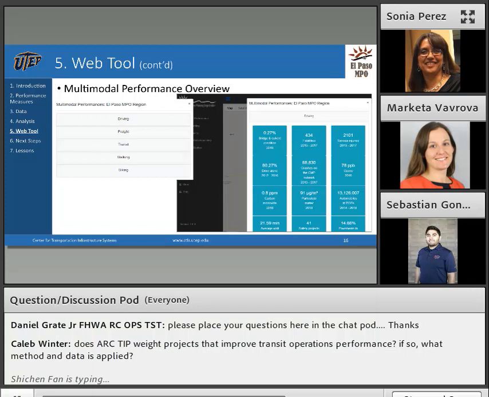Whenever you click on one of them, it will show you the corresponding performance measures as blue tiles, as you can see on the right side. And they include a time period for which the data corresponds to. And then if you click on them, it will display information in the map behind it.